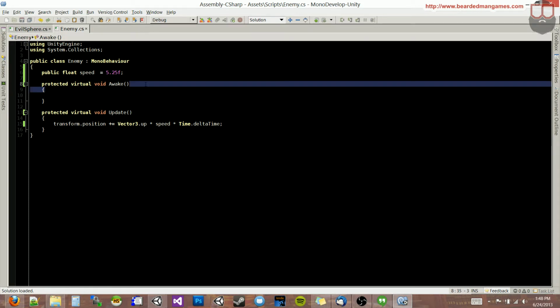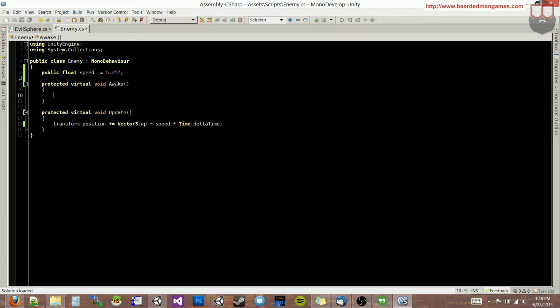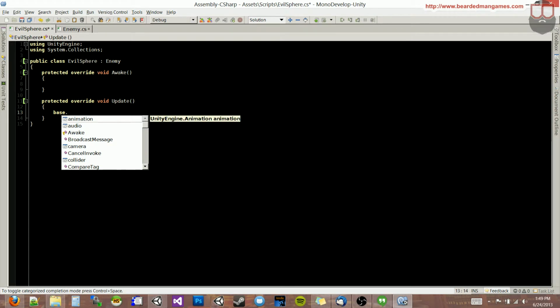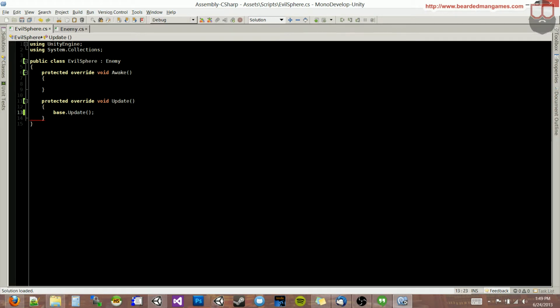Now that we have added this, you're going to see that we need to make it happen in the base class because we have indeed overridden the function. So what we want to do is call the child class. We want to call base.update, and that's all we have to do. And we can do the same thing for awake. So base.awake. And that is, of course, if we want to call what's in the primary class. So if we didn't call this